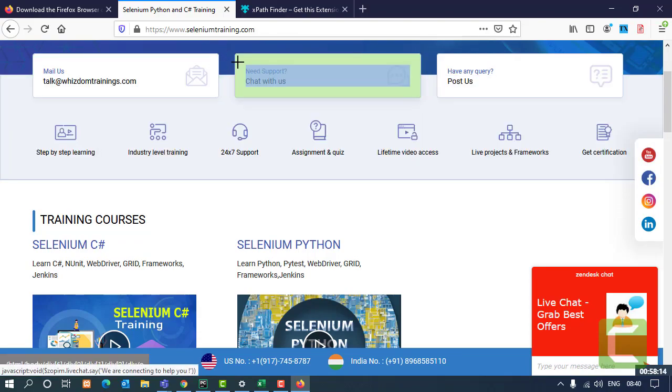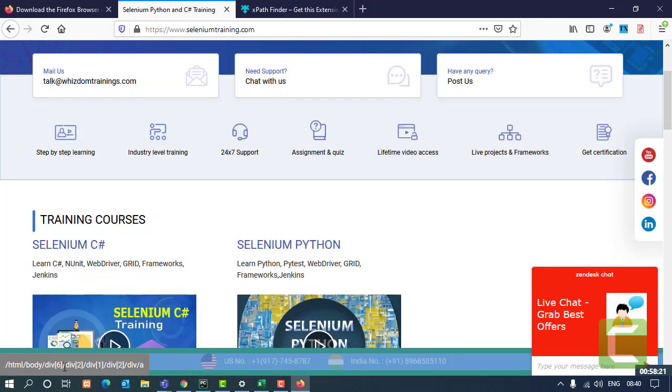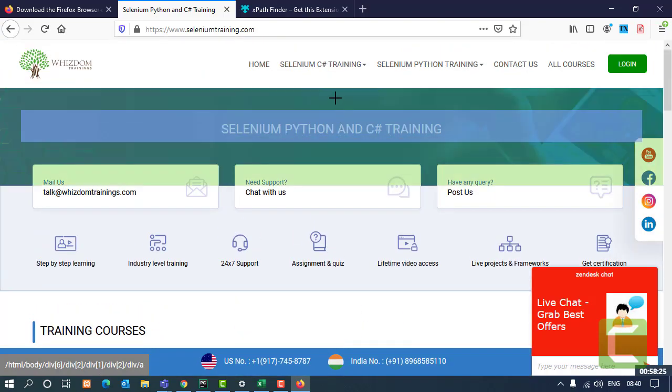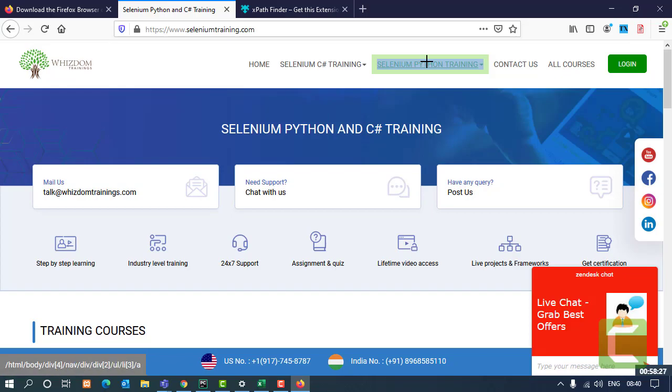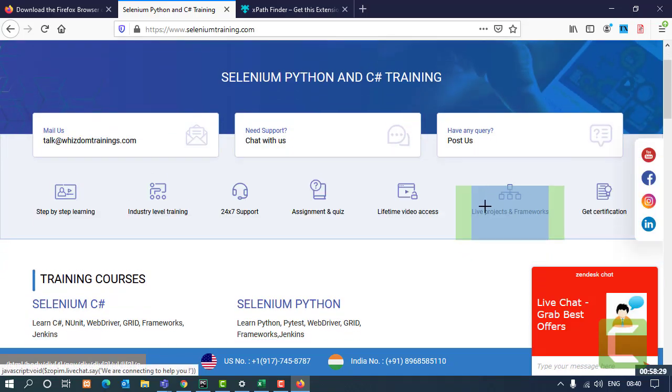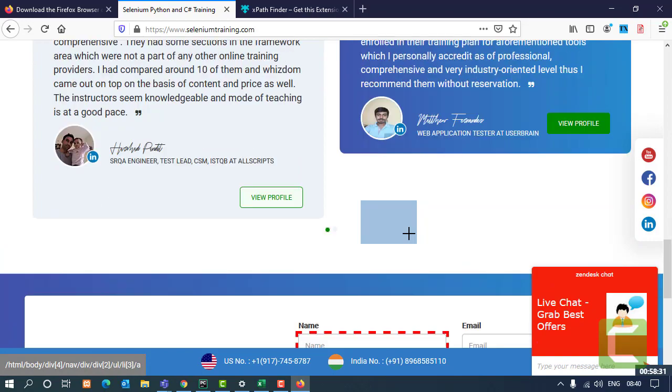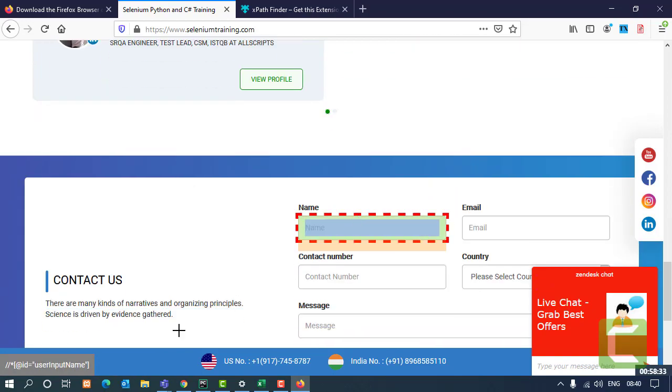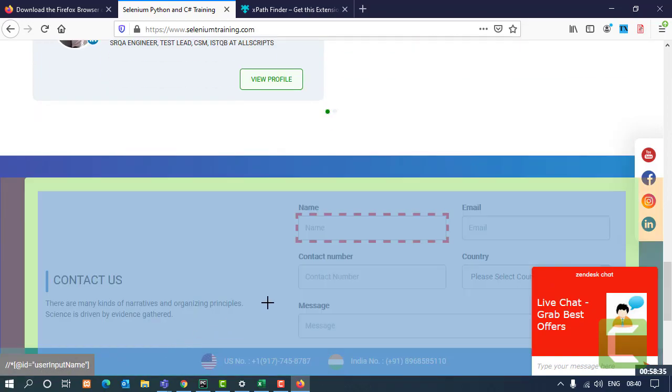So at the bottom left, I get the XPath for that particular element. If I want to look for another, let's say this one, this is the XPath I'm getting. Let's say this one, so this is what I've got. So this tool is much more useful than other tools.